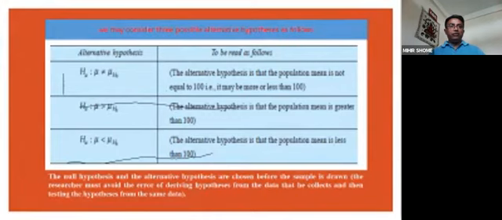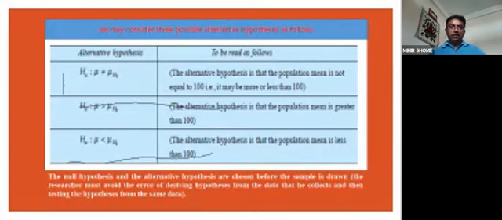Alternative hypothesis, this is the null hypothesis. That means the alternative hypothesis is that the population mean is not equal to 100. That means it may be more or less. Then this is also HA and H0. The alternative hypothesis is that the population mean is greater than 100. Then if we go with H0 less than, that means the alternative hypothesis is that the population mean is